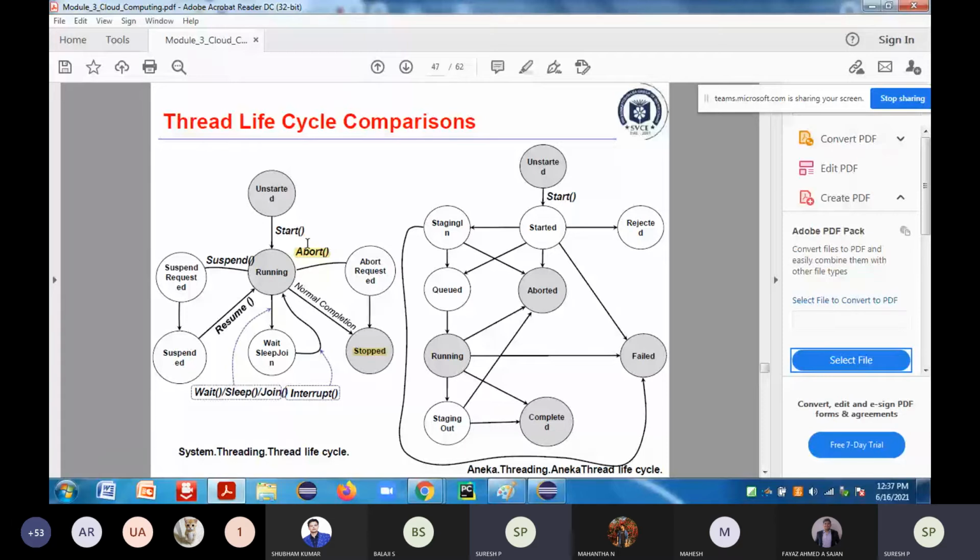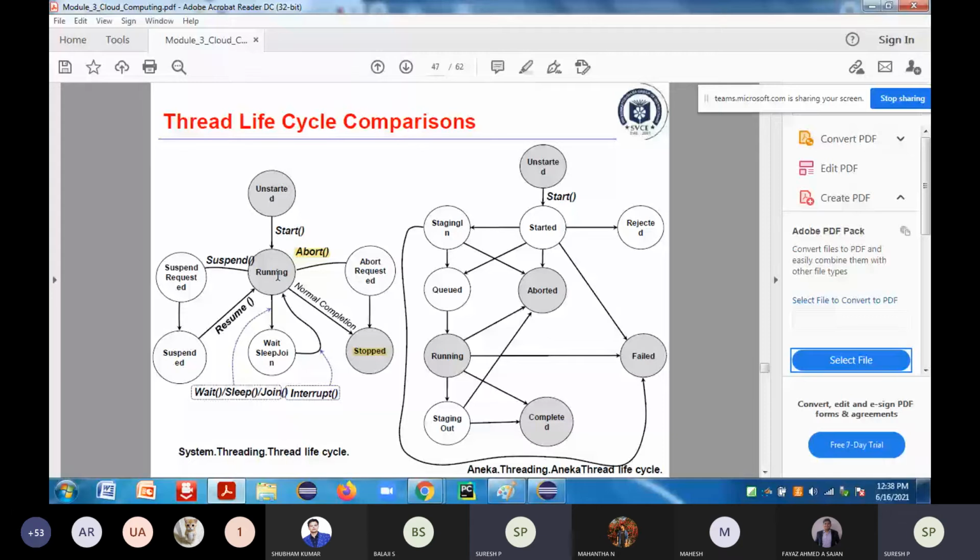In a normal thread, if the resources are not available, I have to wait. After waiting for a certain duration of time for that process or activity to be done, it will go to the sleep state. Once it is in the sleep state, it has to join the other thread which is running. Say any other thread requires data from the thread in the queue, then it will rejoin the running state.